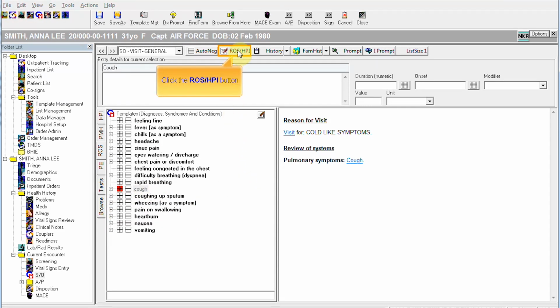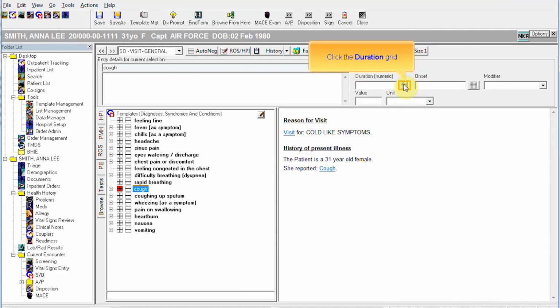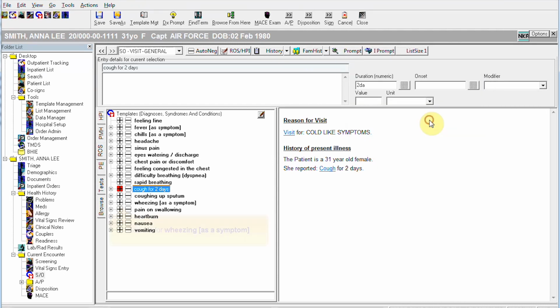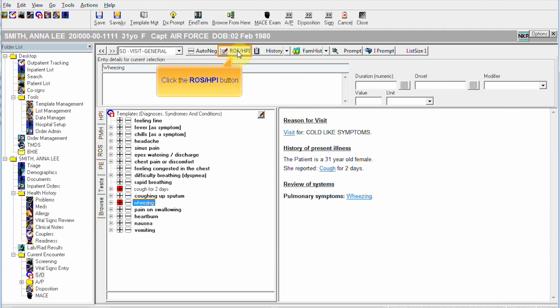Click the ROS HPI button to flip the term to the HPI. On the duration grid located on the dashboard, select 2 and Days. Add wheezing as a positive finding in the HPI. Click the ROS HPI button to flip the term to the HPI. The patient has no fever,